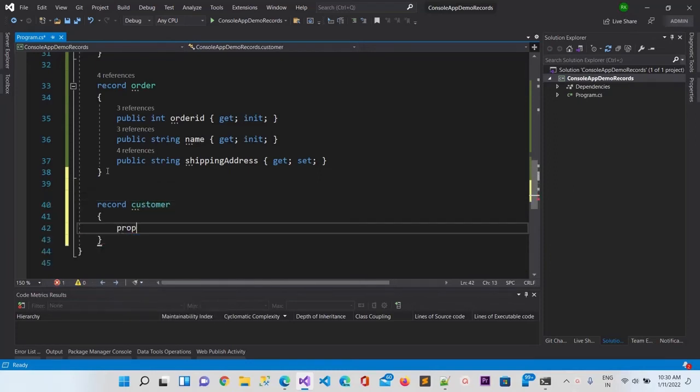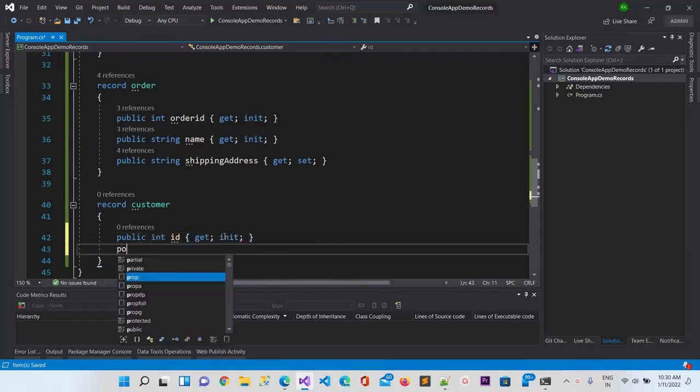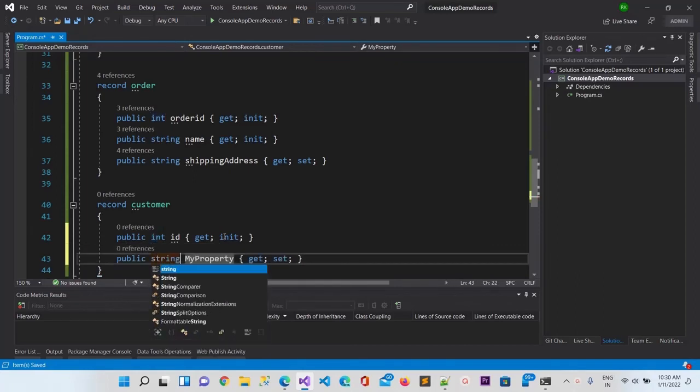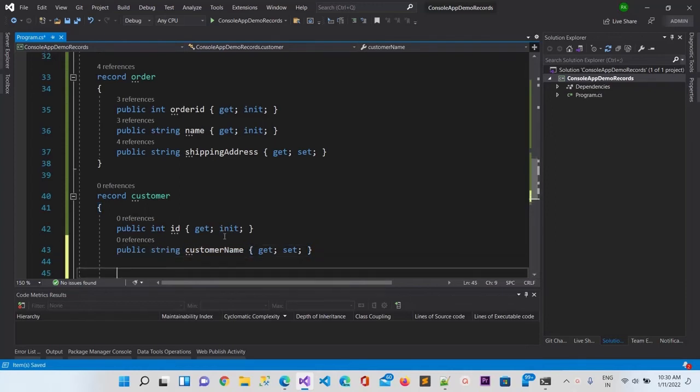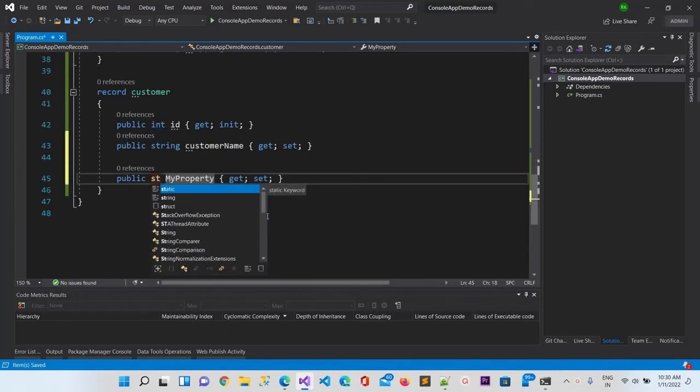Here I am going to use the property ID, with get and init. Then the customer name as a string, and we can also add an address of string type.